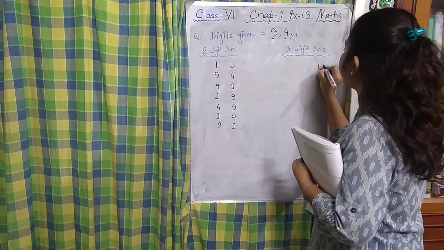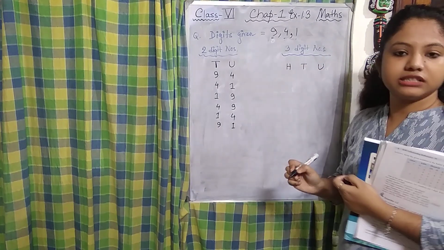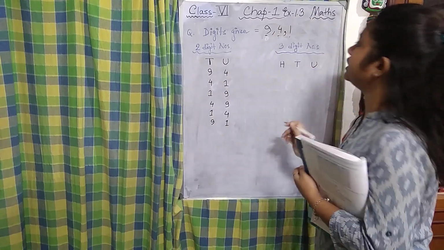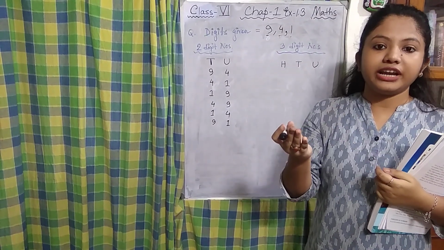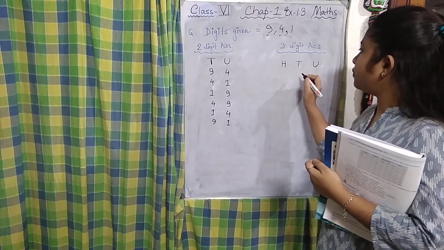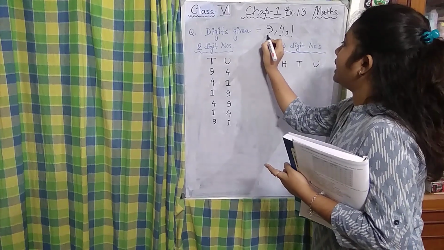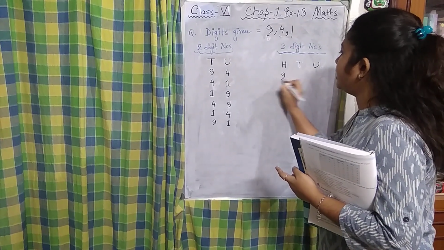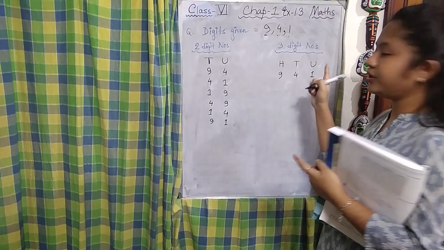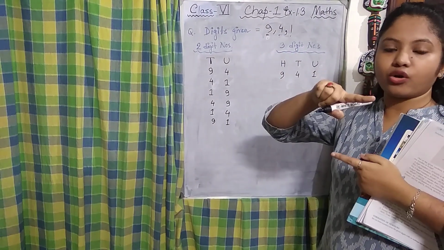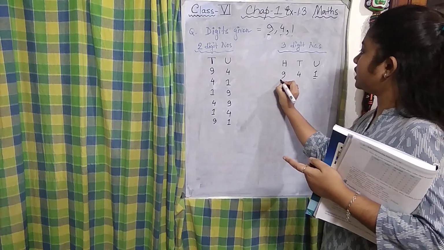3-digit number, how do we find it? Unit, tens, hundred positions. Understand? Now there is a trick. I am going to explain this while doing it. First I am writing 9 4 1. Fine. Now I am just going to inverse or cross, opposite, the third position and the first position.